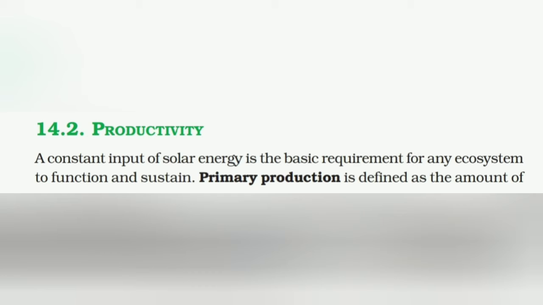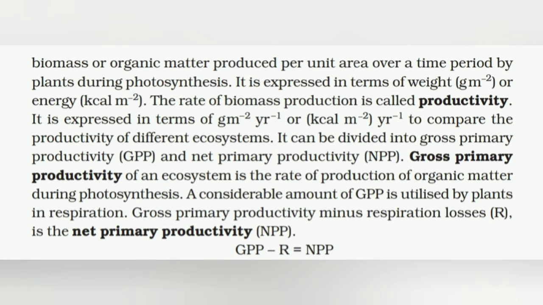A constant input of solar energy is the basic requirement for any ecosystem to function and sustain. Sustain मतलब रहना, survive करना. Primary production is defined as the amount of biomass or organic matter produced per unit area over a time period